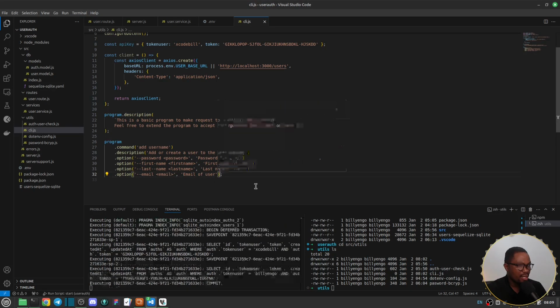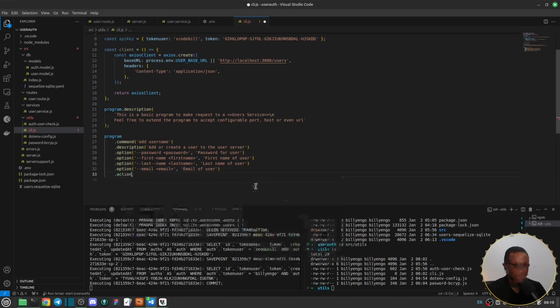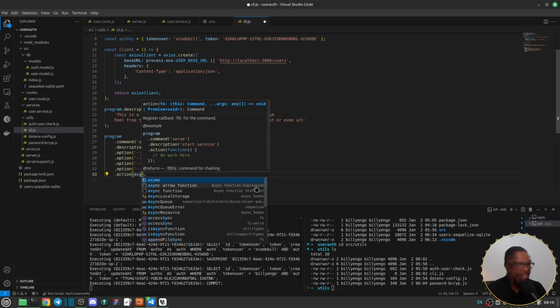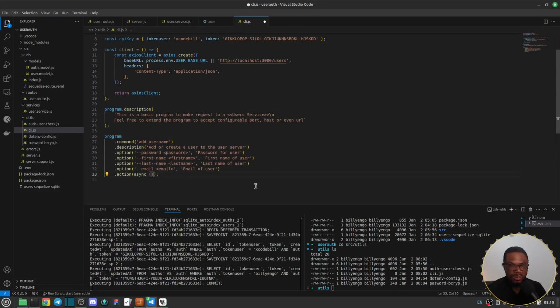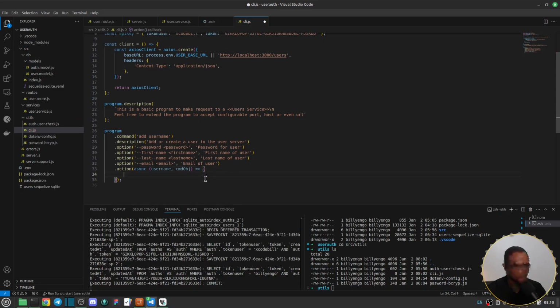Then it now takes a .action, and the .action will pass an async function into that. That async function will take the username, which is basically the initial add parameter here. Then it will take a CMD object, a command object, in this callback function, and then we'll say